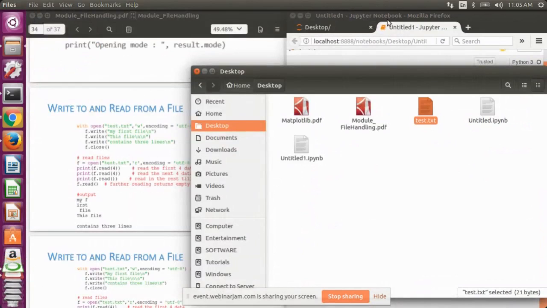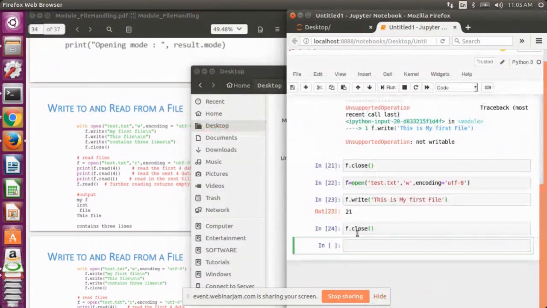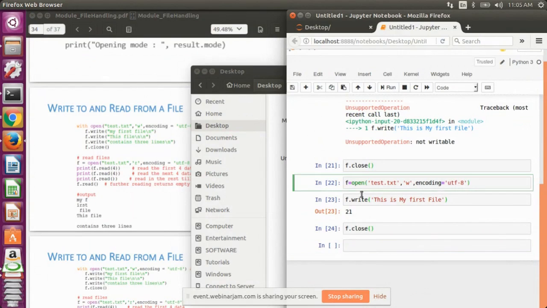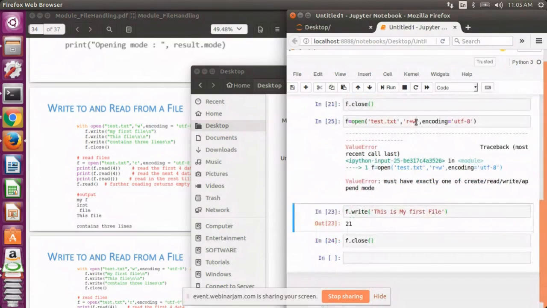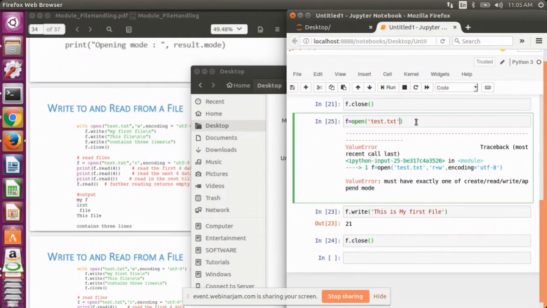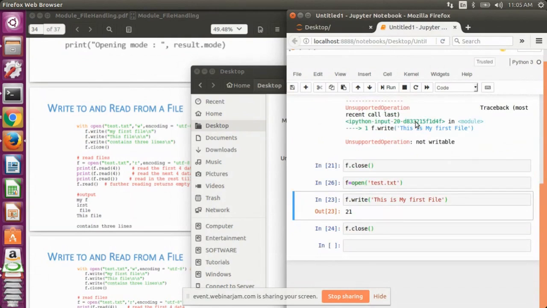Now suppose I again open the file in the read and write mode, suppose I write r+ and then execute this. Okay. Suppose I skip this statement and just write this.